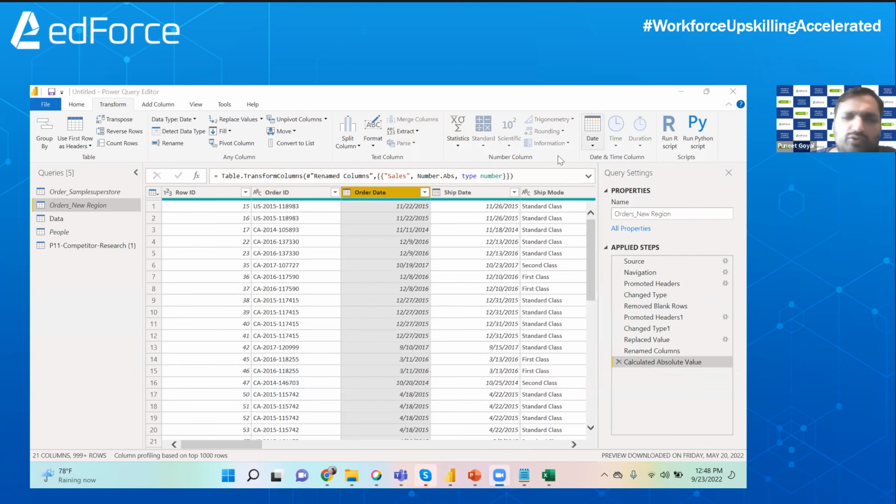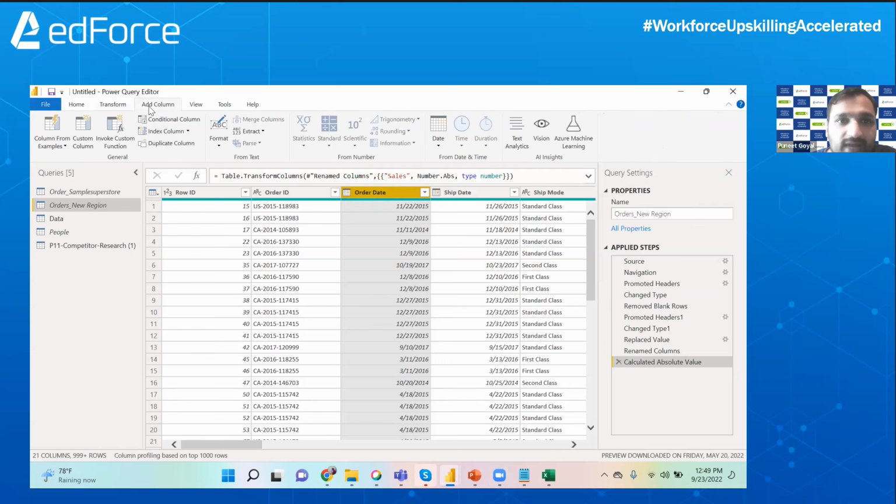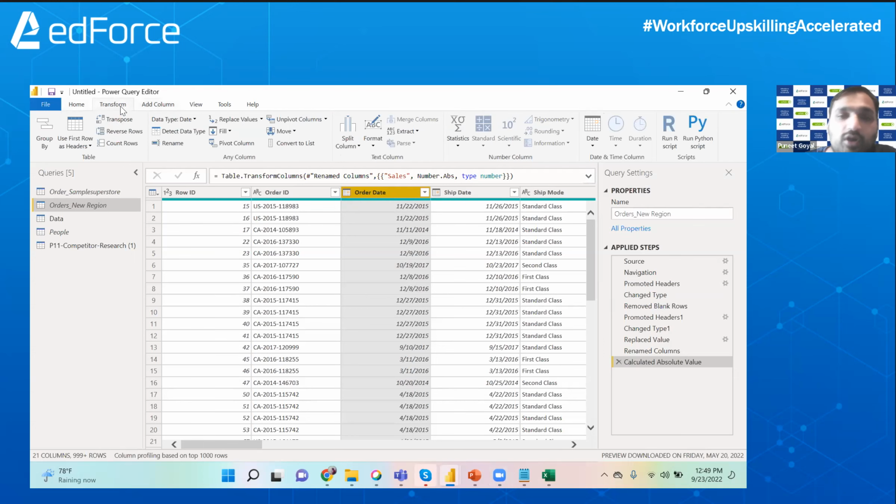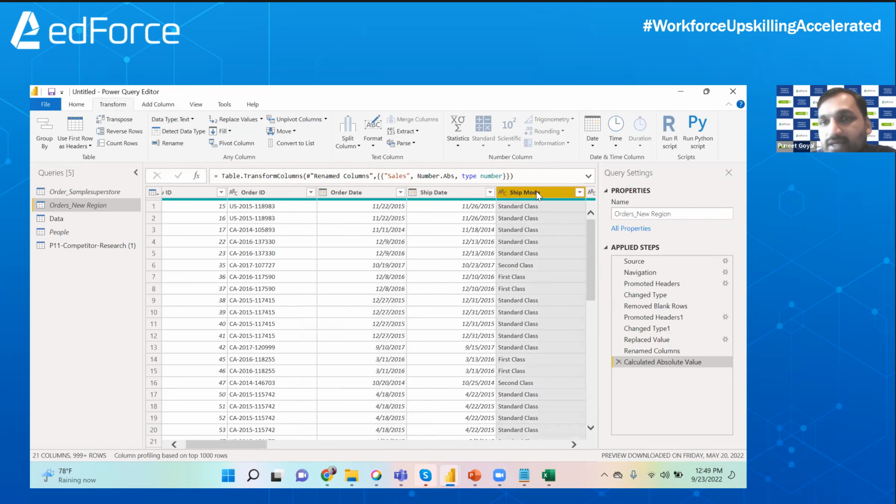Now, you can also align your Power BI to R or Python. That's basically part of a separate session, right? Over here we have covered the home and transform tabs. There's another tab, add column. The difference is that in add column, whatever changes you make in a particular column will build an additional column. It will not make any changes in the existing column. Like if I click it over